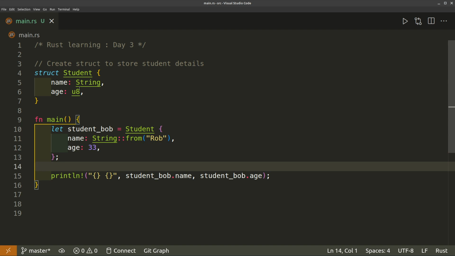In fact that should probably be signed because nobody's going to be minus age, are they? But it doesn't matter. And then when you want to use it, you just do println exclamation mark, which is your print macro. Your pairs of curly braces, so the name will go first, followed by a space, then followed by the age. So if we run that,